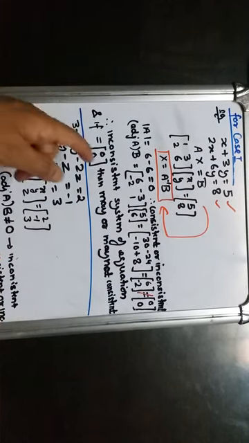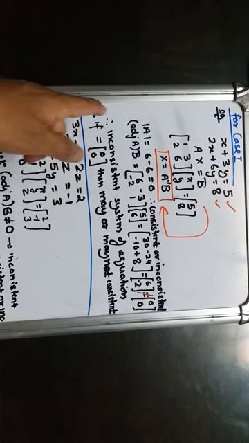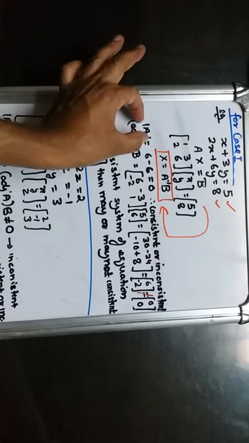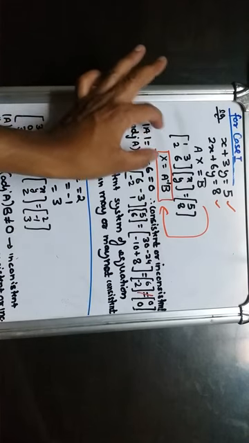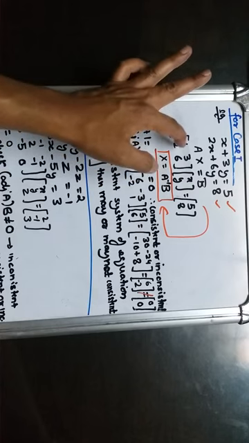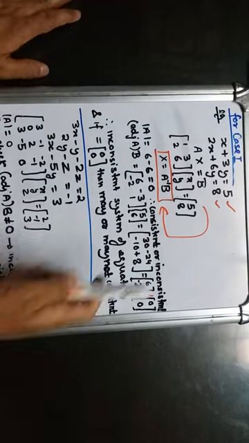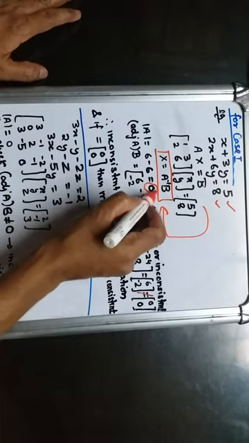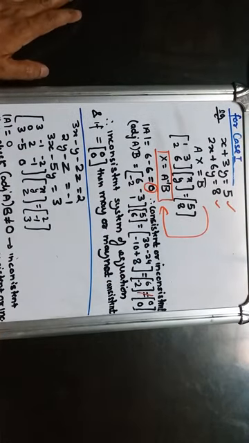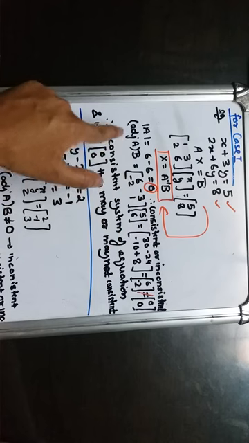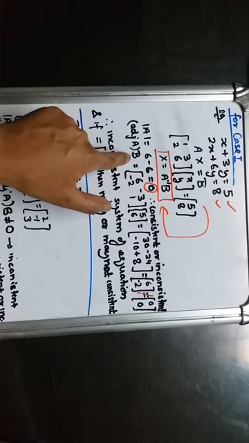So the main thing, we have to take out the A inverse, but before that we have to check whether this is consistent or not. So for that we have to find the determinant of A. Say 1 into 6 minus 3 into 2, so the answer is 0. So case 1 says, according to the previous video, when the determinant of A is 0, then we have to take out the adjoint of A into B.